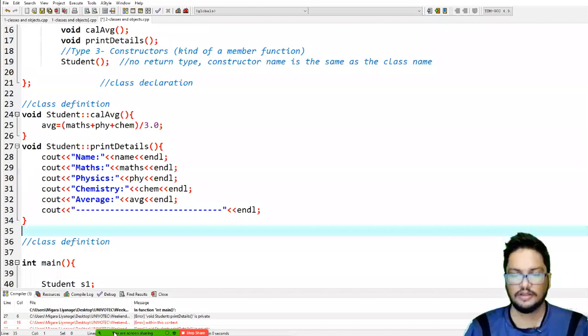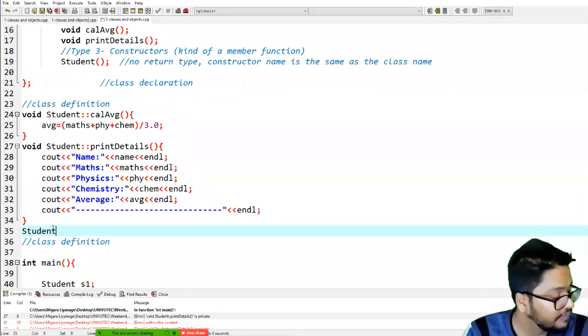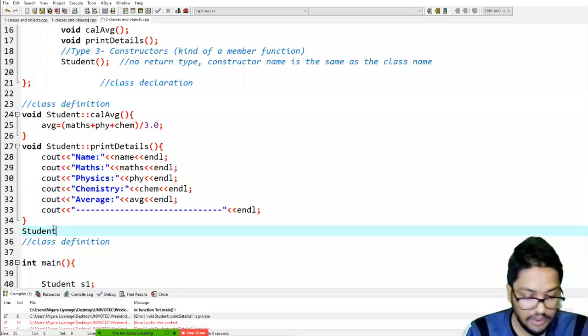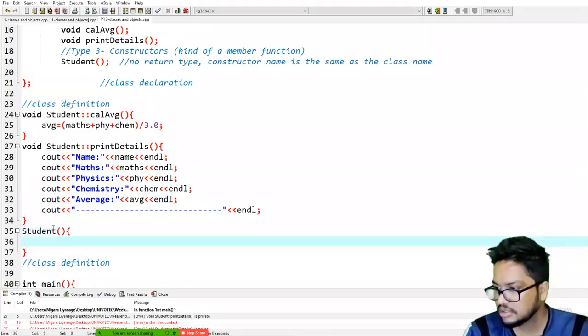Without a data type, just the student. Brackets. Okay, you mean like this? Yes.